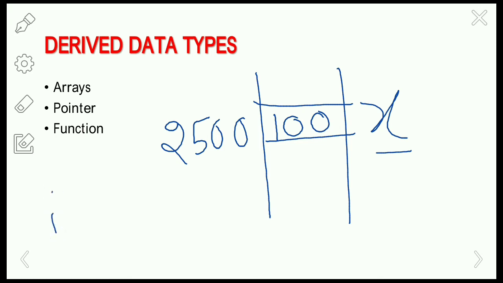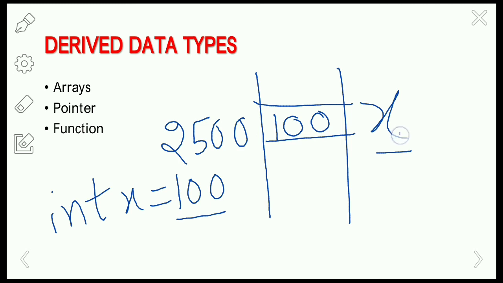If we take int x = 100, it will store the value 100 with the variable name x, and in the address location 2500 it is going to store the particular integer. An int is 2 bytes of data, right?